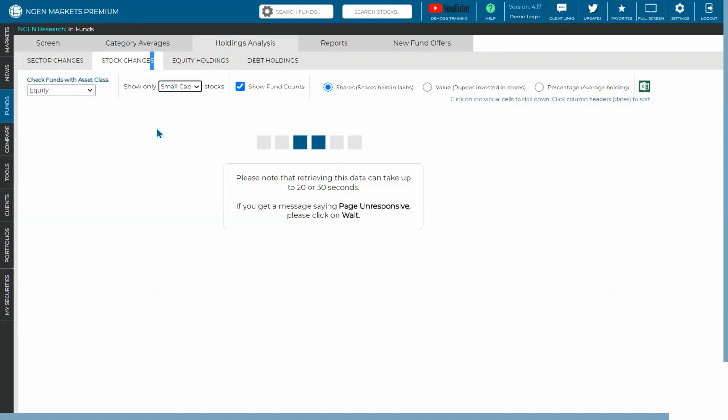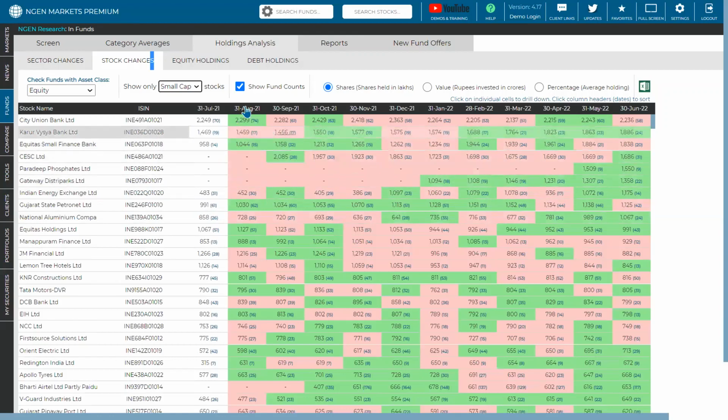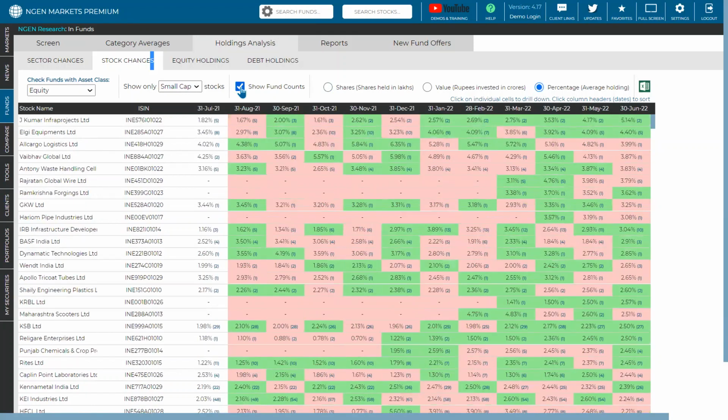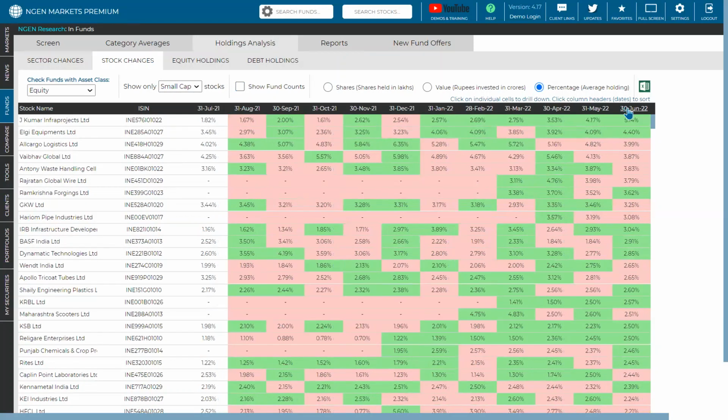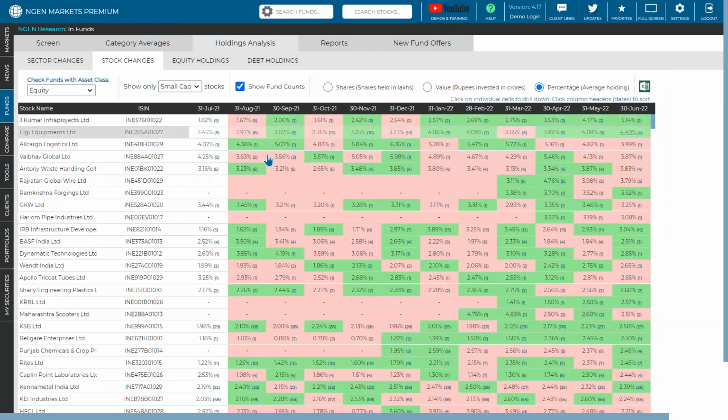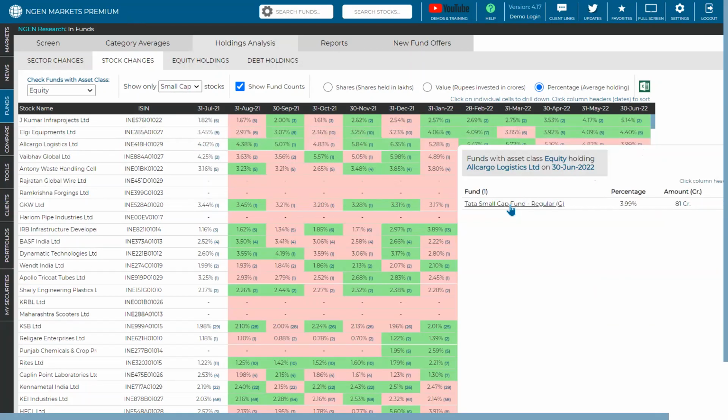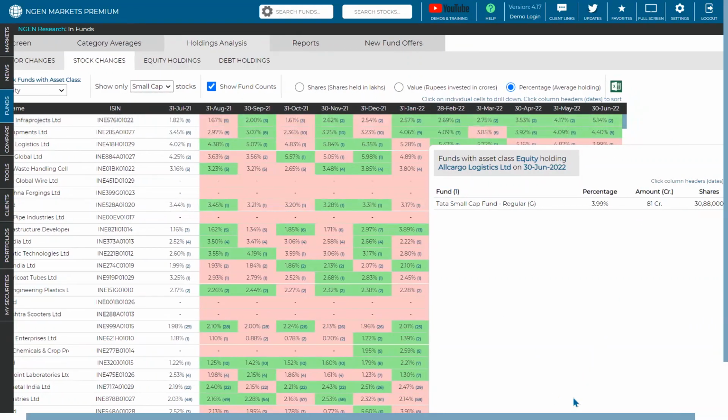So even in small caps, there are some stocks you would like to check, because when you click on this average percentage holdings, when you remove this show fund counts, you would see sometimes that, like this one, these are the top, like, Cargo Logistics. You will see it has a high average holding, but how many funds are invested into that average holding? Because if you click on show fund counts, you would see the true picture that this average holding is just for one fund, right? And you can see that it is just Tata Small Cap Fund. So you would definitely want to check show fund counts, because this is very, very useful.